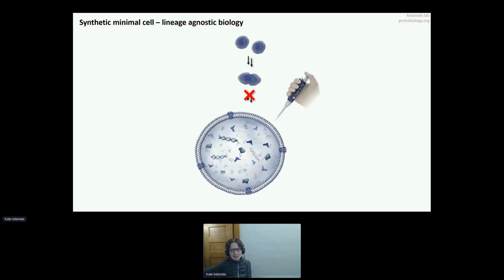Others can argue it has to be a cluster, but there's basically as many definitions as people in the field. In general, most people agree that a synthetic cell is something that is not coming from an unbroken line of life since the last universal common ancestor. This is kind of a unifying definition. A synthetic cell is something that has not been alive by the time we start our experiments.